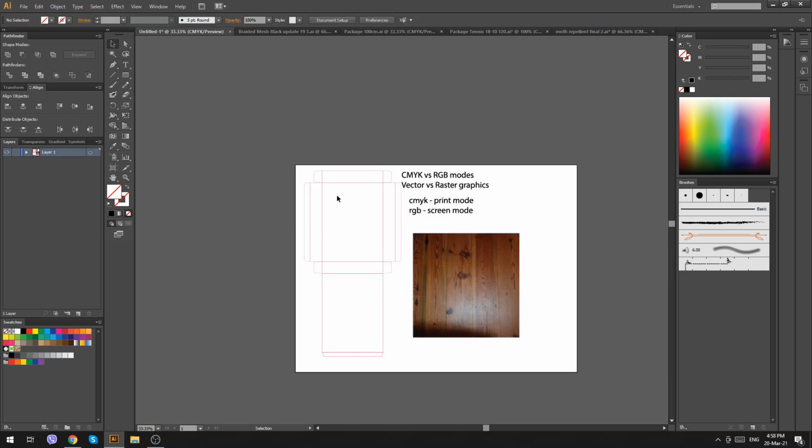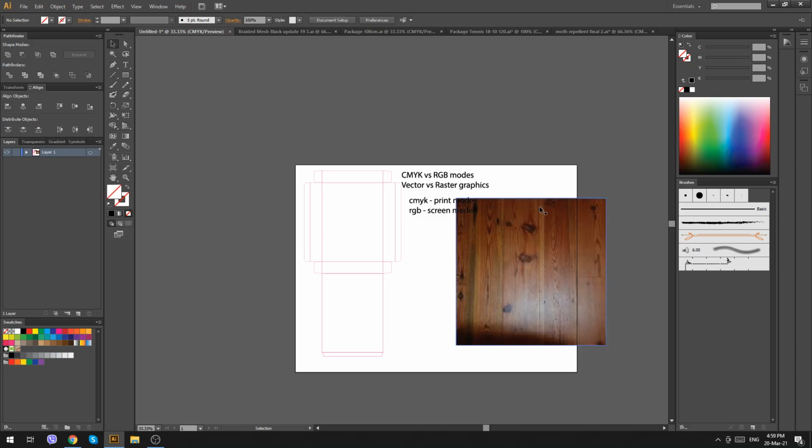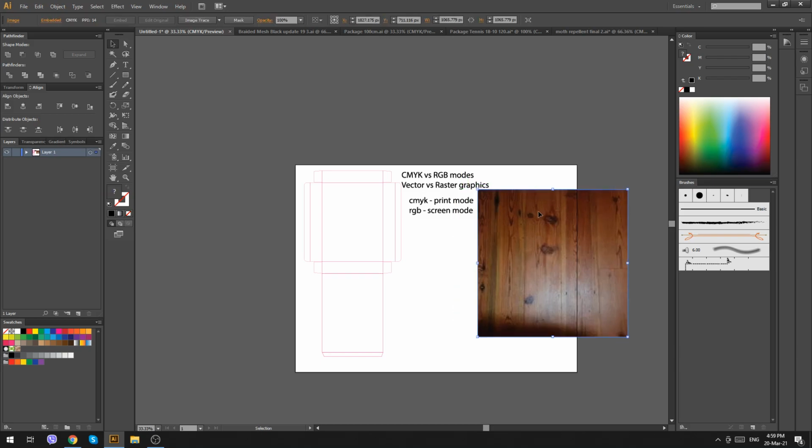So if you can print out the whole packaging without the use of raster graphics, being the regular images taken by phone or by a photo camera, you will always have perfect packaging printed out. If you want to use regular images in your